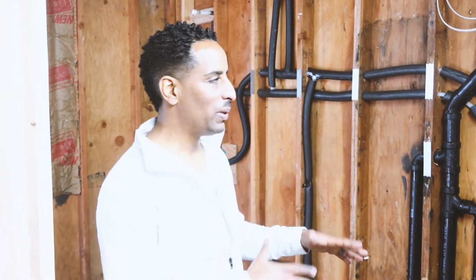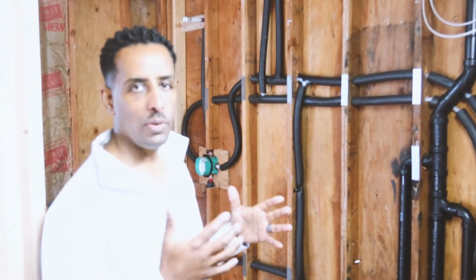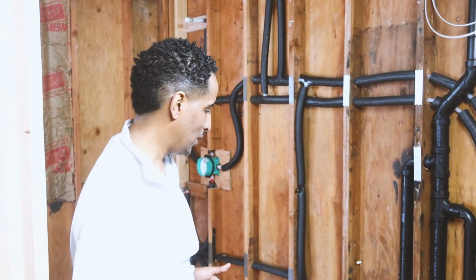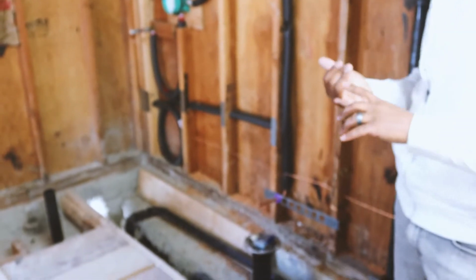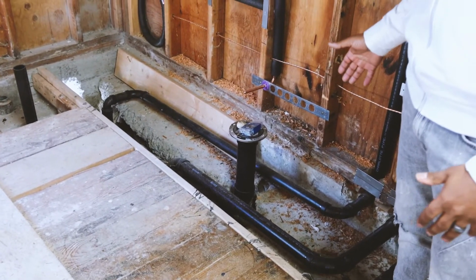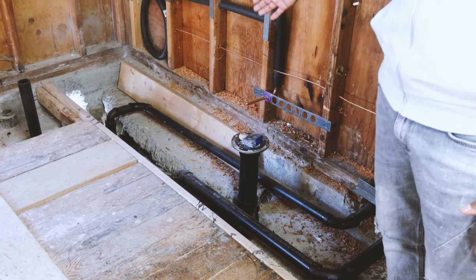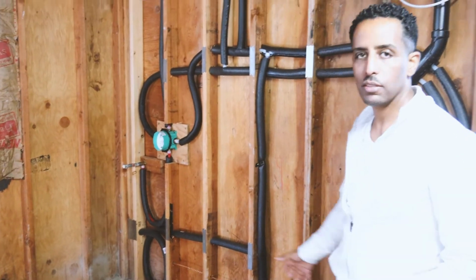And another major project that we did, again, is there was already an existing bathroom here. Again, the layout for this bathroom was horrible. Either we keep it the way it is to save cost, or do it the right way. Well, we did it the right way this time. You can see the major part of this project for this bathroom was it had an old drain line or sewer lines that we had to literally break the concrete out, take the old one out, and then redo the